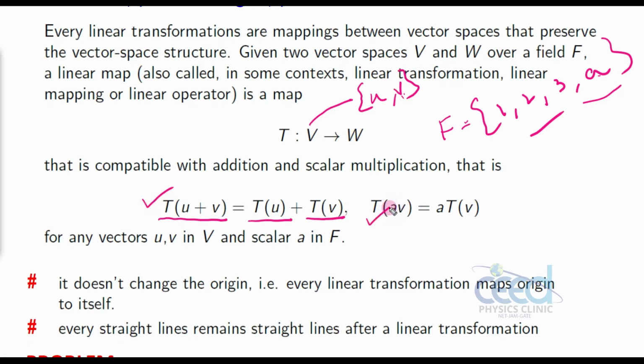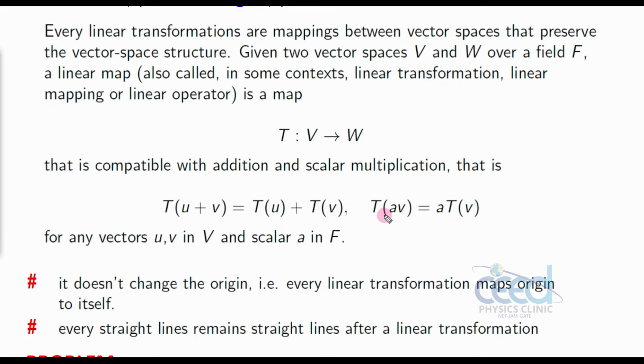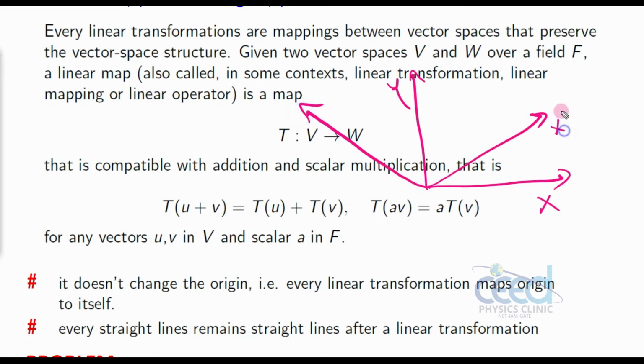One more thing that is very important. Suppose you are doing a transformation like the one we have seen in my previous lecture. Here x is a coordinate and y is a coordinate. Now suppose this coordinate system is rotating, so we have a new coordinate system x dash and y dash. Here the origin is not changing. This is also a condition of transformation: for a linear transformation, the origin cannot change.